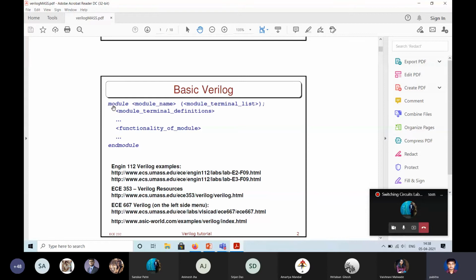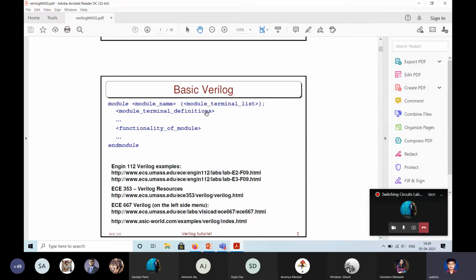So a module description starts with this header. You write module followed by the module name, then within brackets the set of module ports, the port list, or sometimes called the module terminal list. Then you have a set of module terminal definitions. There are two types of terminal, a wire terminal and a reg terminal.